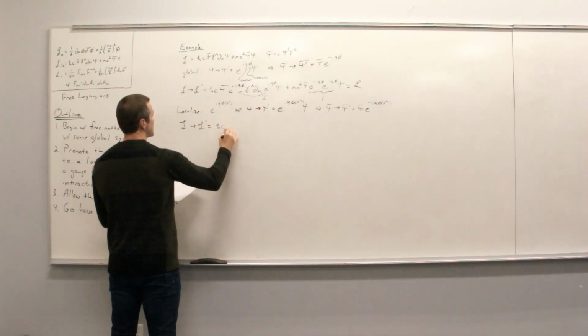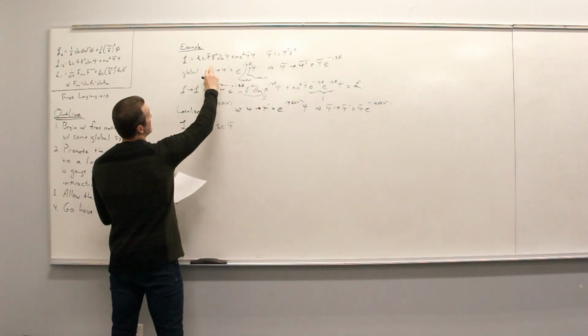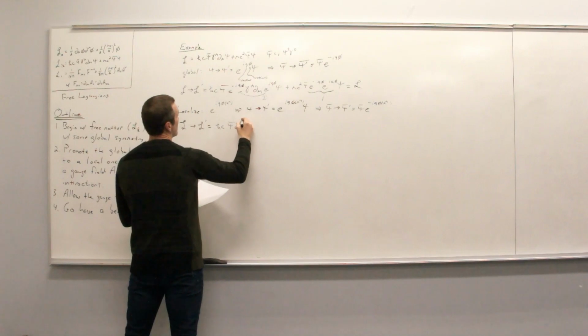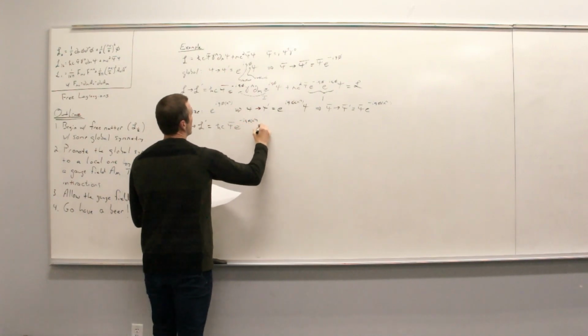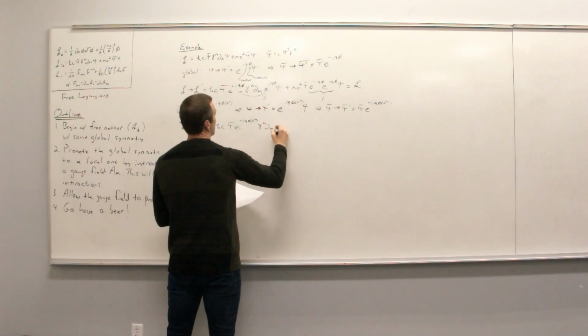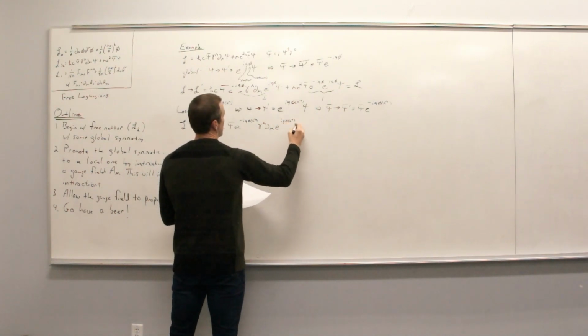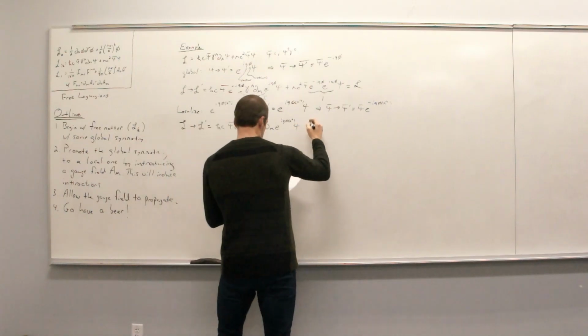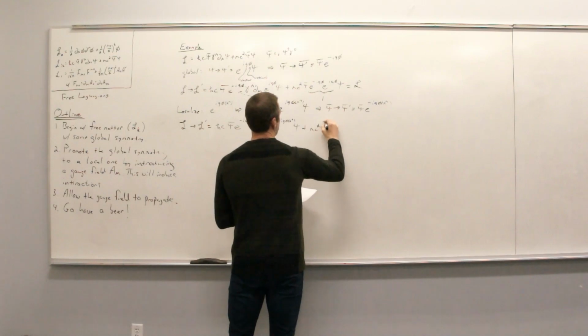So the Lagrangian is going to be h bar c bar. We're going to put in the factor for psi bar, and the factor for psi. And then again,